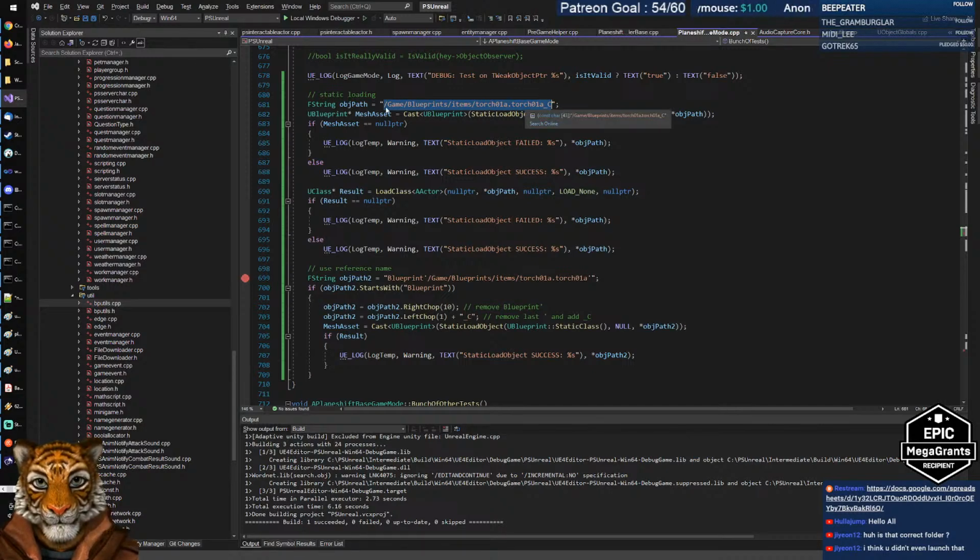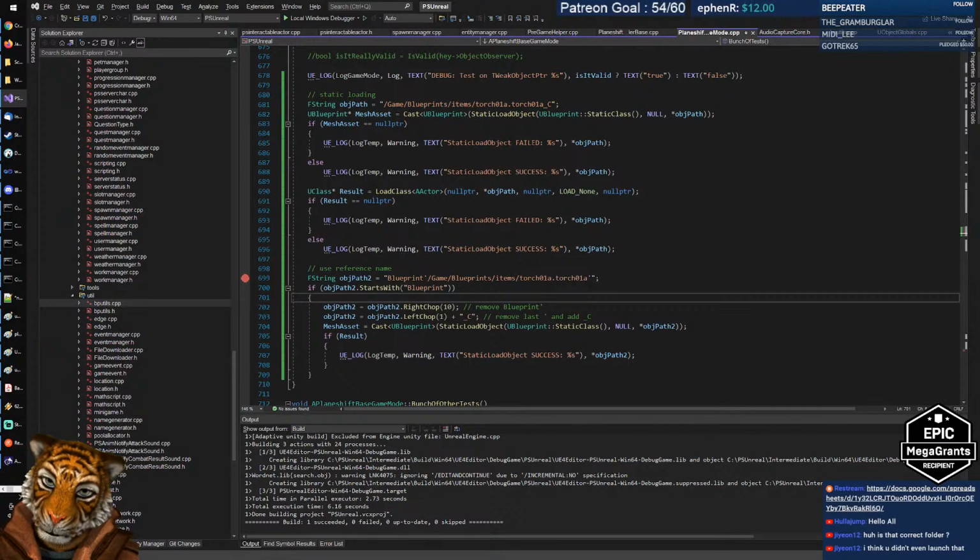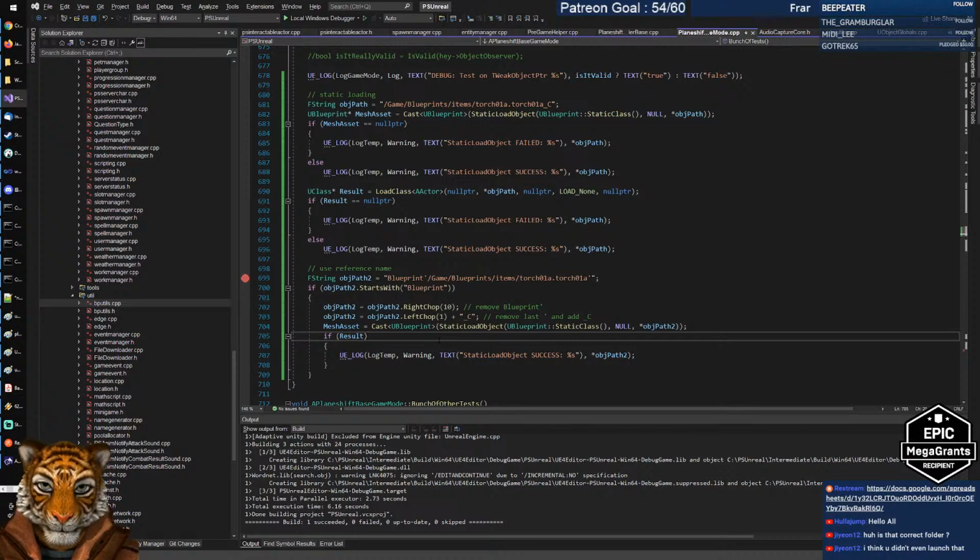Yeah, that's kind of a nice one. I mean, why did the first fail and the other two succeed? In theory, the string is exactly identical, but